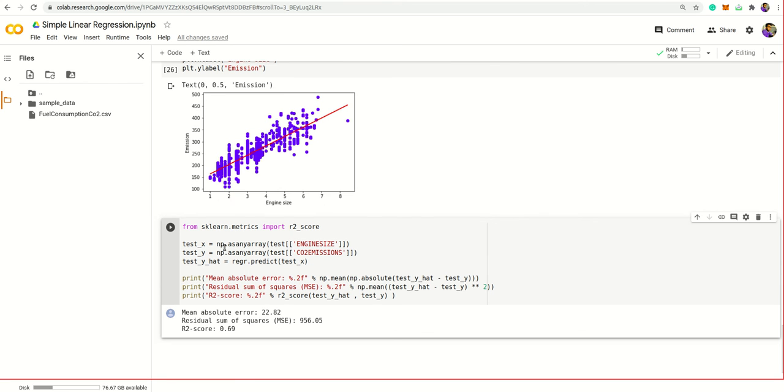Then after that we evaluate the model by knowing its mean absolute error or residual error and R2 score. So test x, then mean absolute error. What is mean absolute error?